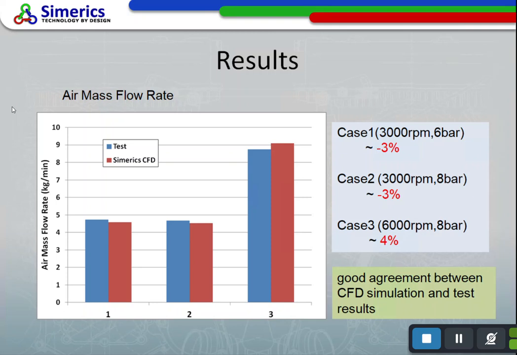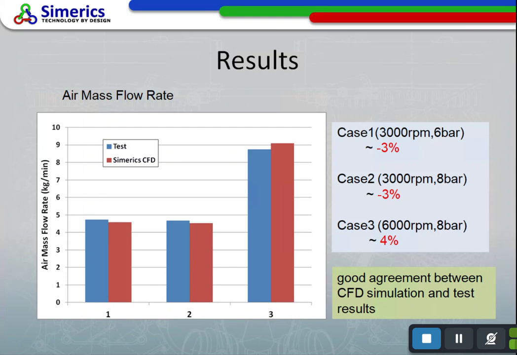First, we compared the air mass flow rate, shown below. The blue bar indicates the test data, and the red bar indicates the Simerics CFD results. Also, you can see that for case 1 with 3,000 RPM, 6 bar, all Simerics CFD results are